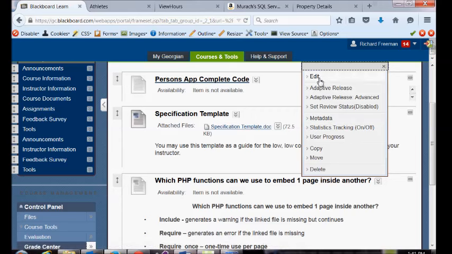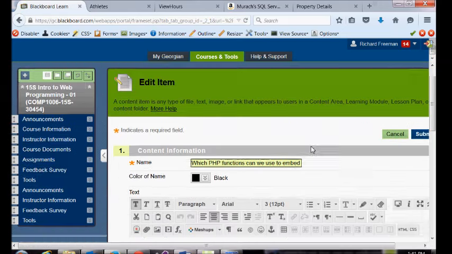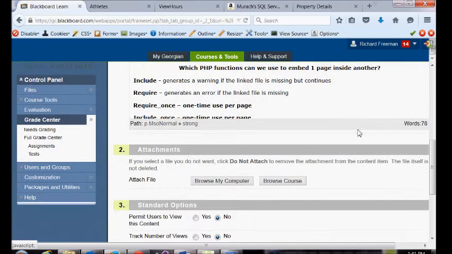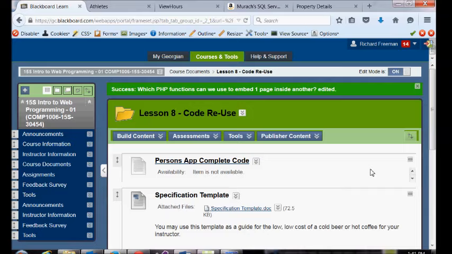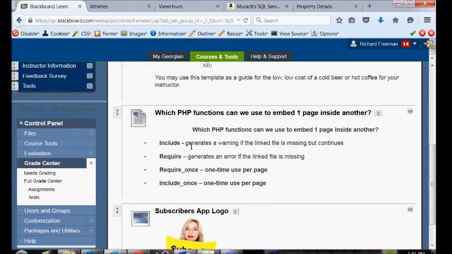Once. It's exactly what it says. So these functions are all similar. You can use any of them. The main difference between include and require is if we try to link to a file and that file is not found, let's say we mistype it or misname it: if we use include, we'll get a warning, but our page will still continue to execute. If we use require, it means that file's mandatory, and if we don't find it, it'll throw an error and